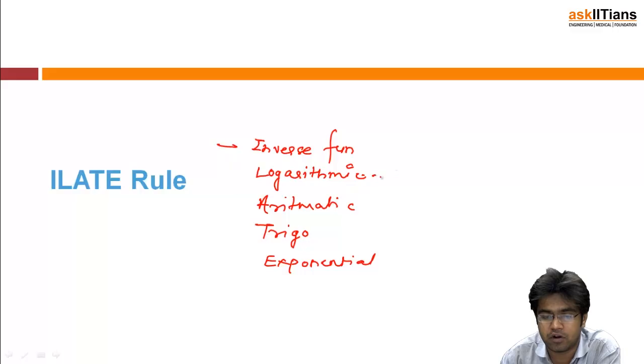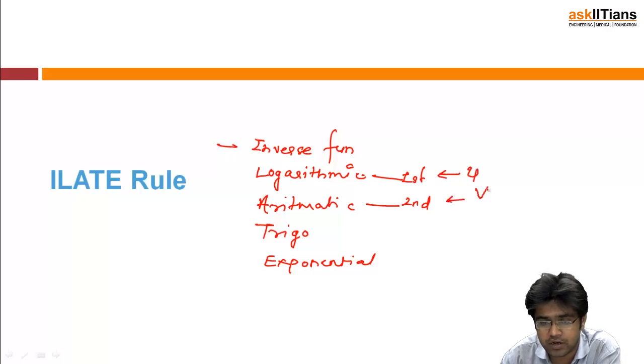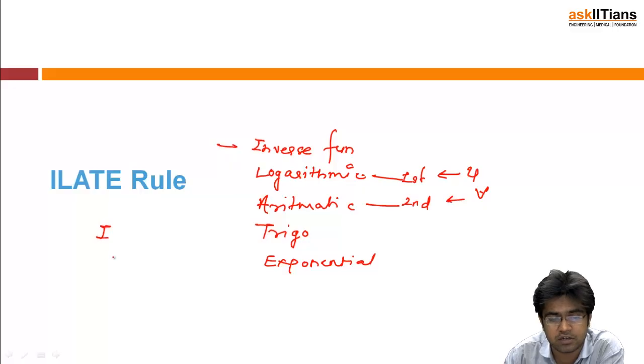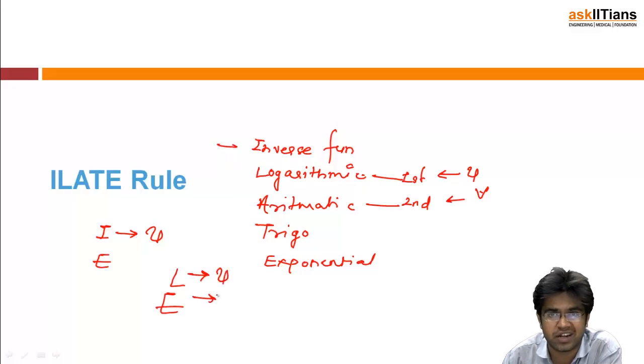For example, if you have one logarithmic function and one arithmetic function, you are going to take the logarithmic as first function and the arithmetic as second. So you are never going to integrate this, and you are always going to integrate this. So take this as u and take this as v. For example, if you have an inverse and an exponential, obviously by the priority, inverse is above. So the one which is above you don't want to integrate, so take it as u. If it's logarithmic and exponential, the one which is above you don't want to integrate. Okay, so the one which is above, take it as first function, remember them.